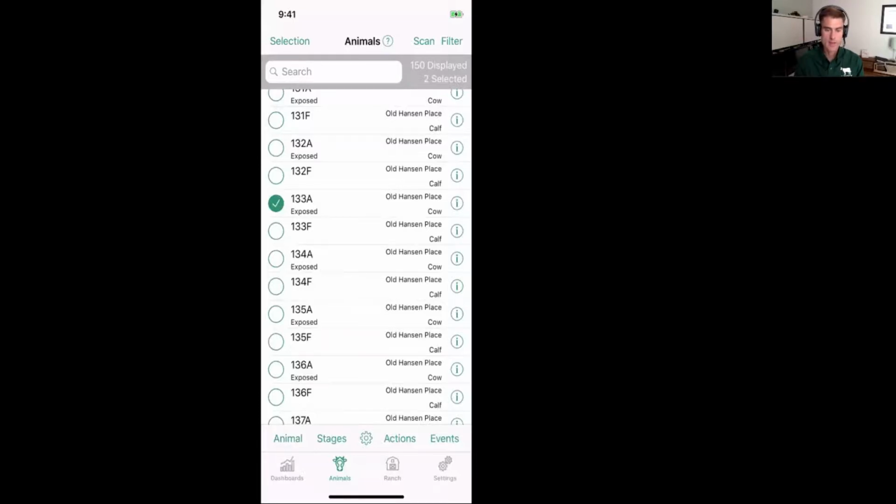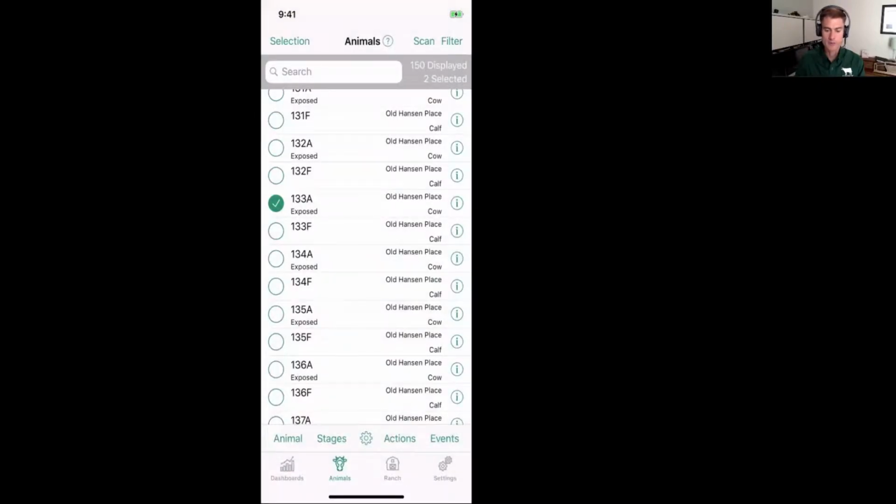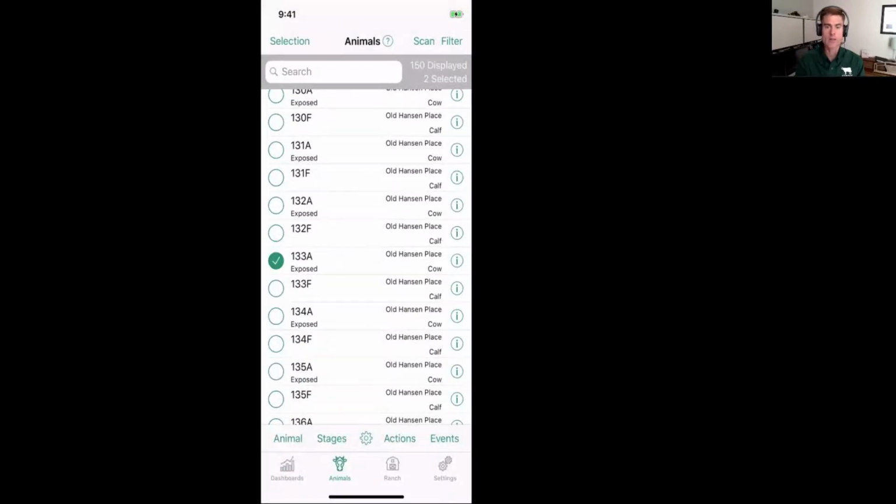So when I tap Animal at the bottom, you'll see that New Calf is not available. The reason it's not available is because I actually have 2 animals selected, and to create a new calf, I can only do that when 1 animal is selected. And so at this point, you may be thinking, well, okay, now I got to go scroll around and find that animal. But there is a faster way. And what you can do, let's unselect that one for the moment. Whenever you know you want to make sure there's only 1 animal selected, all you have to do is tap